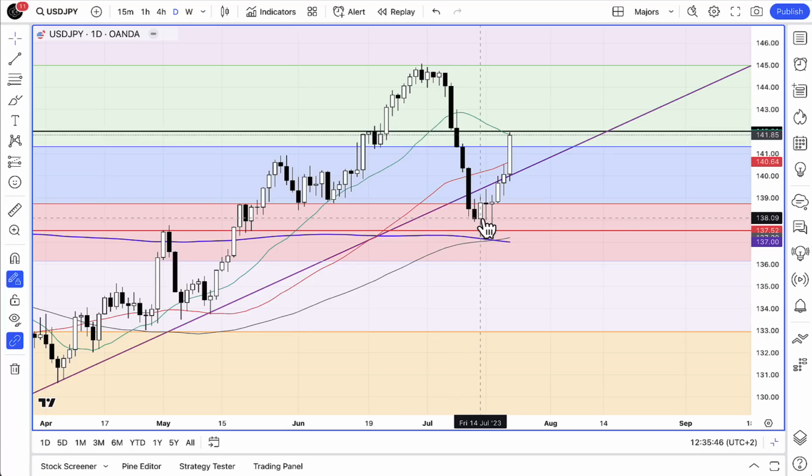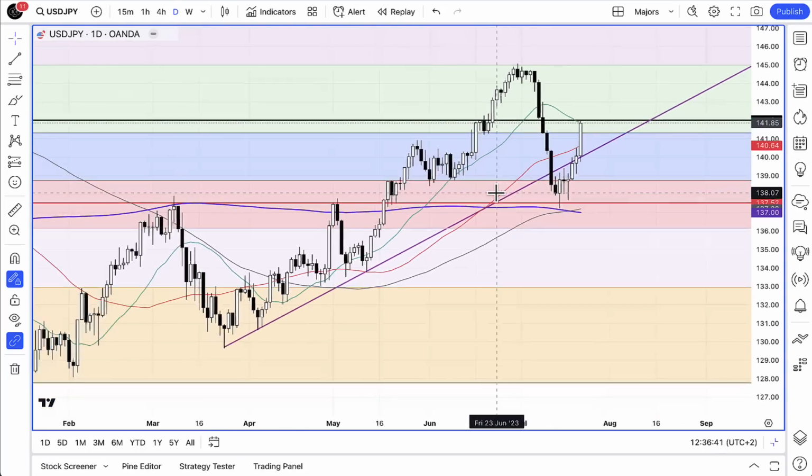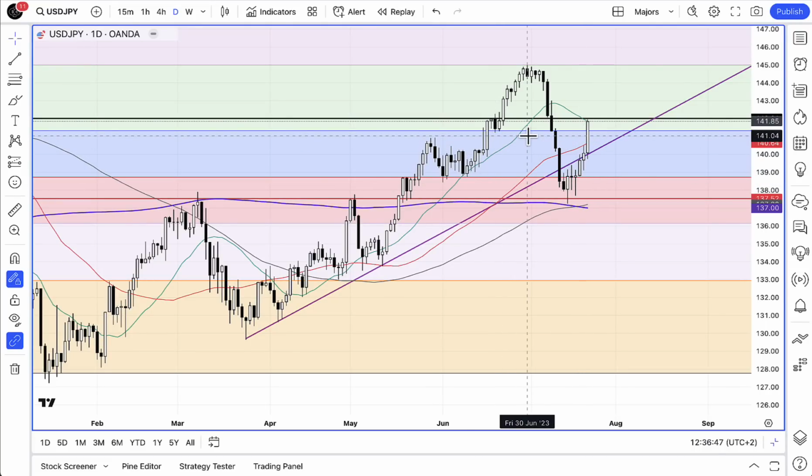Remember, we formed a lower low on this move below that previous support. We've moved down, bounced off exactly the same level, having formed a new daily lower low. We've also broken down through this rising trend line. We've broken back above it, but we've only broken back up to that resistance level that we saw before and